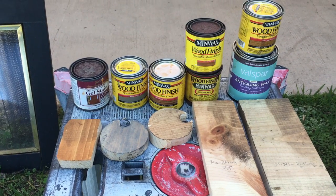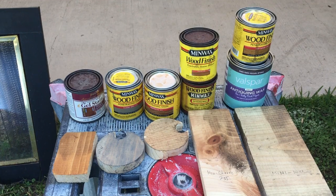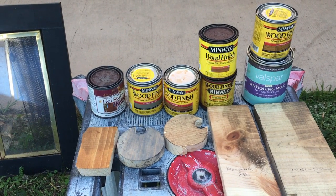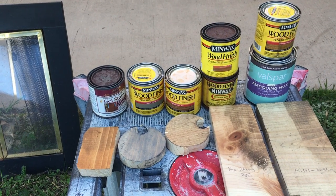And here's a tip: try stains you don't think are going to work, because you're really not going to be sure until you're done which color you're going to like and which one's going to work in the room that you're in. So get a wide variety and try ones that you don't even think are going to make the grade,